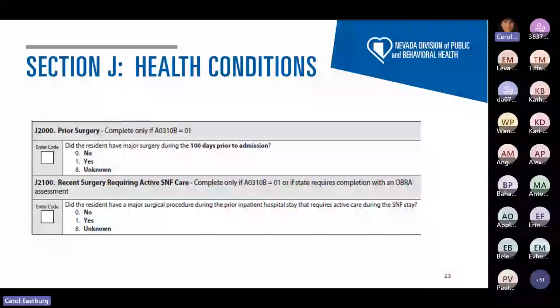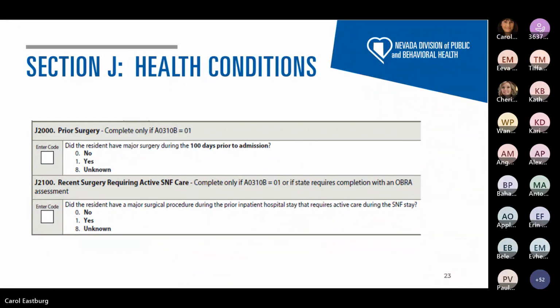If a resident had one of the surgeries listed there, you can code it as major surgery. But why would you want to know about any recent major surgeries? Because having had major surgery can potentially affect the resident's recovery, especially if they're already debilitated, right?